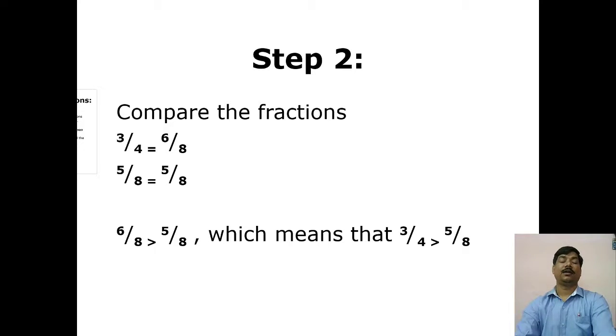Step 2. After converting to the least common denominator, 3/4 is equal to 6/8 and 5/8 is equal to 5/8. So these are now like fractions. Clearly, by the rule of like fractions, the numerator of the first fraction is greater than the numerator of the second fraction. It means 6 is greater than 5. So the fraction 6/8 will be greater than the fraction 5/8,